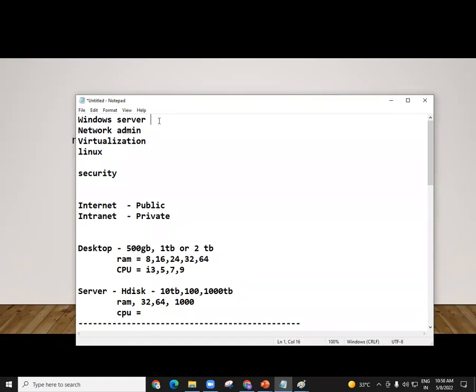No need to worry. Whenever we start a server, I'll go through the basics of server. Whenever we start the networks, I'll go through the basics of networks. Whenever we start the security part in cloud, I'll take you through the basics of security. I have hands-on experience on all these things, so no need to worry. Whenever you need the basics of a particular thing, I'll take you through the basics. I'll make sure you understand that particular server administration. Then you can enter into the concept of cloud. You should understand the virtualization concept. Then you can understand many things in cloud. So I'll take care of those things. No need to worry.